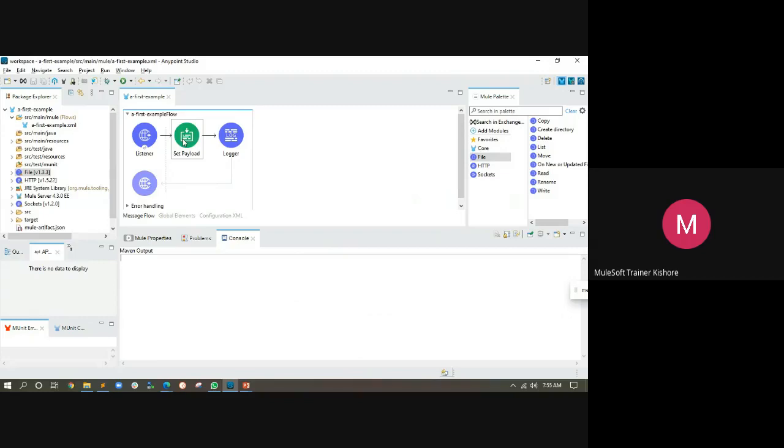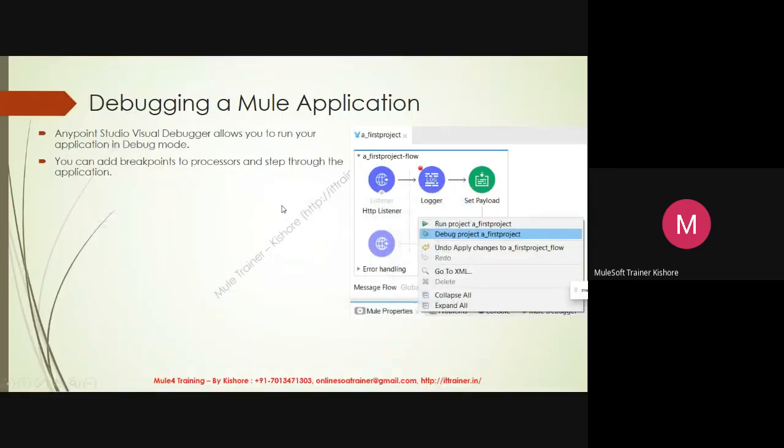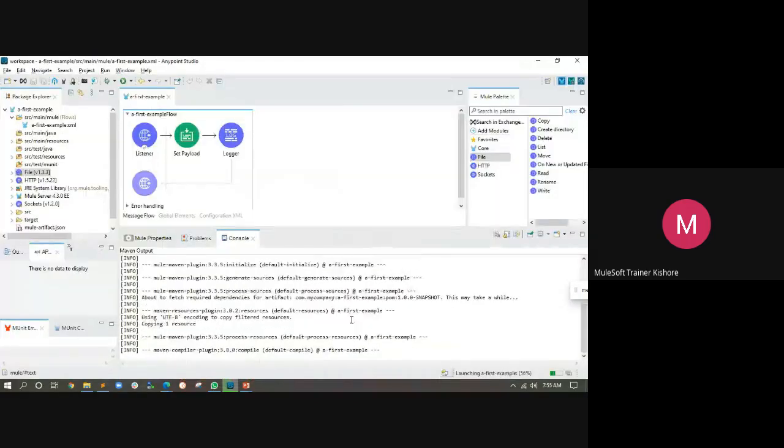Those are the things we will observe in debug mode. Meanwhile, it will start the application in debug mode.